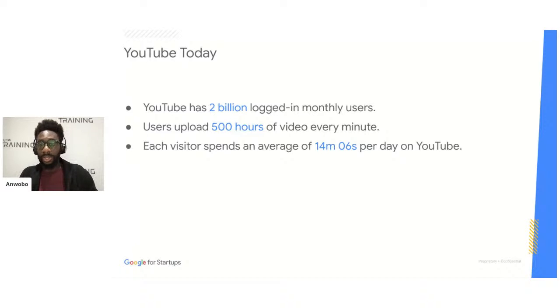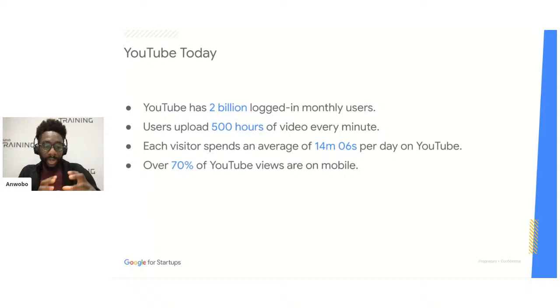So as a user, we can watch YouTube in so many different places, but actually the device that is the most used for YouTube viewing is actually the mobile device. And in fact, so much so that over 70% of YouTube views happen on the mobile device. So it's very, very highly engaged with users who are using their mobile devices. And as I mentioned, whether you're doing it on the mobile web or whether you're utilizing the YouTube app on your iOS or your Android or whatever other device, it just works so well. And it's very easy to use.